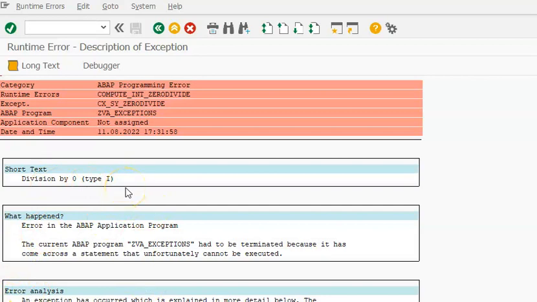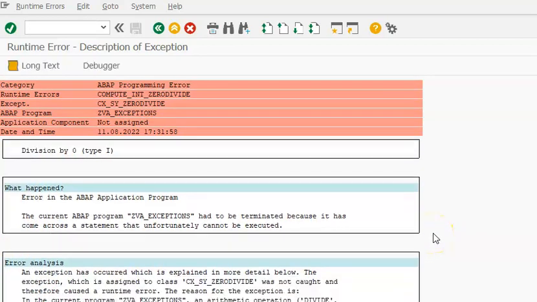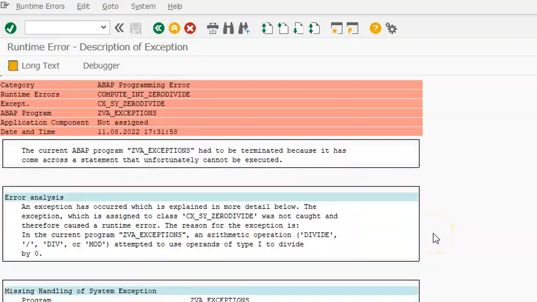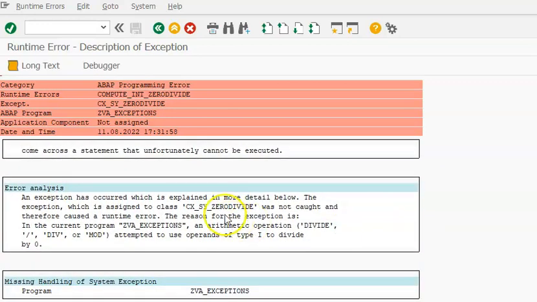So there is a dump error that is coming by default here, and if you see the analysis of the error, it says CX_SY_ZERODIVIDE was not caught. This is an exception class which needs to be caught. If it is caught, then it will take care of the error. So now how do we enable the CX_SY_ZERODIVIDE is what we have to see. Before we make use of this class in the program,